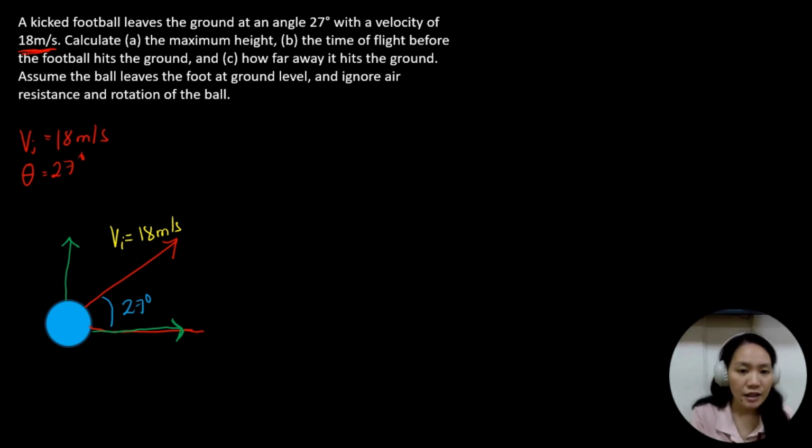So in this case, the initial velocity x, or the x component of the initial velocity, is equal to Vi cosine theta. This is because this side or component is located on the adjacent side of the main vector Vi, thus we're going to use cosine. As for the y component, v initial y is equal to Vi sine theta.